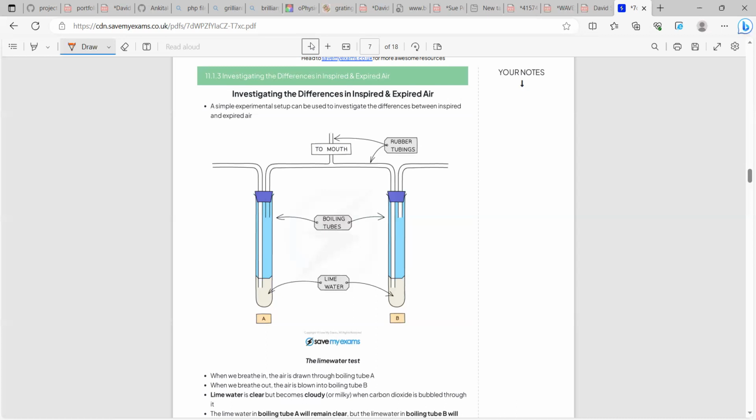That is why if you're breathing air in a place where they're having a braai, you're going to end up breathing in the smoke, and then you tend to run away from that place as much as you can, because the smoke is going to choke you or something like that. So your body cannot distinguish between the oxygen that you need and all the other gases in air. So when you breathe in, you are going to breathe in everything that is in the air,